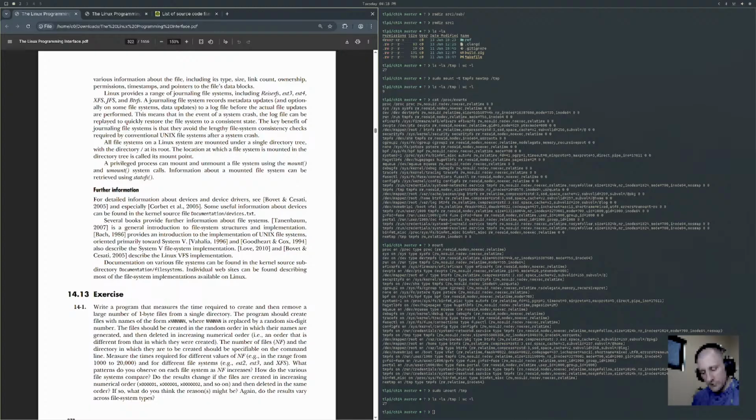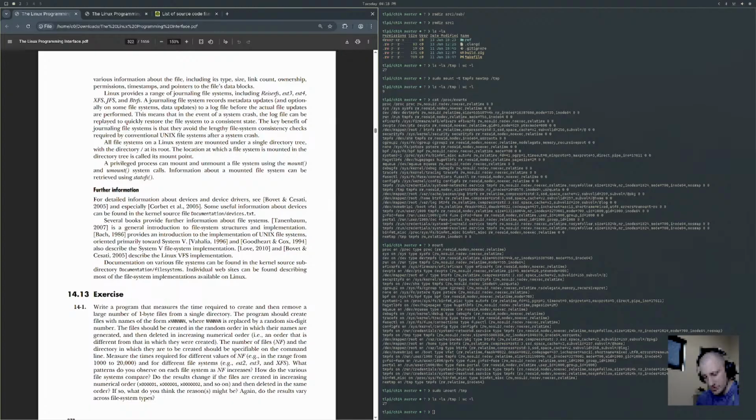Further information. For detailed information about devices and device drivers, see so-and-so, especially so-and-so. Some useful information about devices can be found in the kernel source documentation, devices. Several books provide further information about file systems. Tanenbaum is a general introduction to file system structures and implementation.